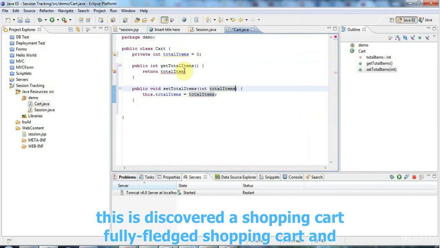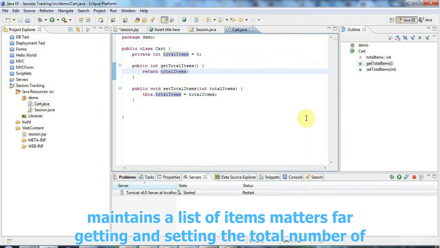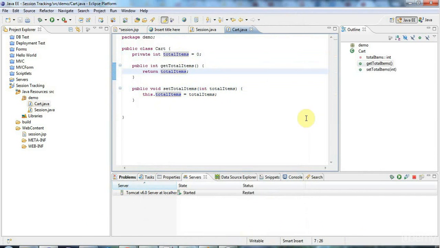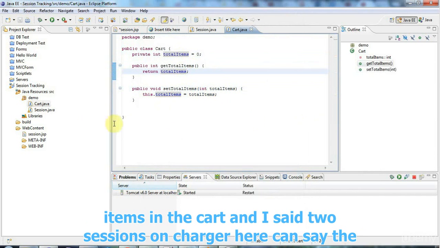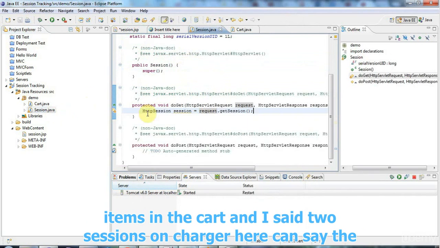So this could be a shopping cart, a fully fledged shopping cart that maintains a list of items that a user adds to it, and we could have a method for getting and setting the total number of items in the cart. And now if I go to session.java here,